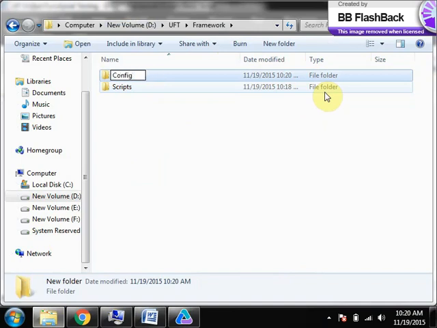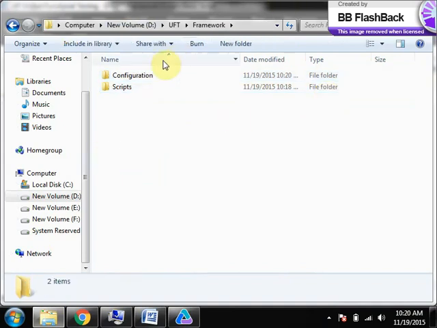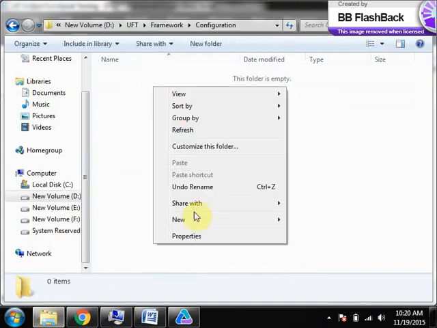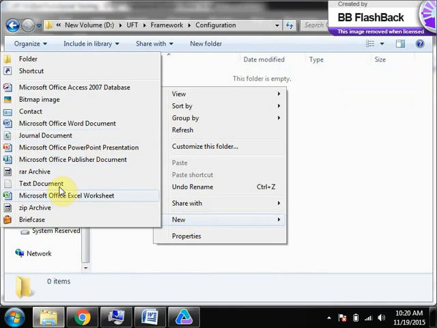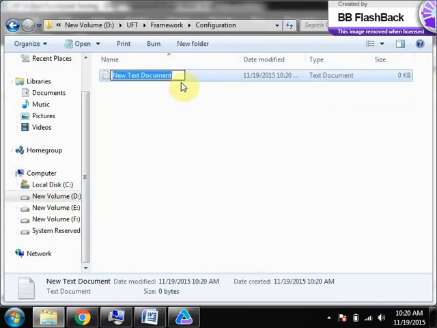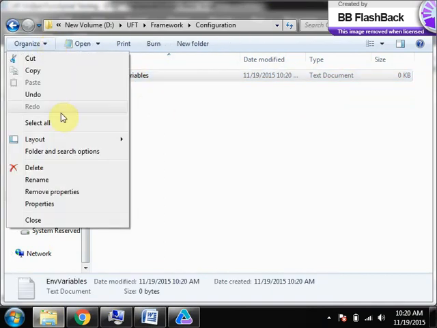a folder called configuration. I'll create a folder called configuration here. Under configuration, I'll create an environment variable file. And this should be an XML file.